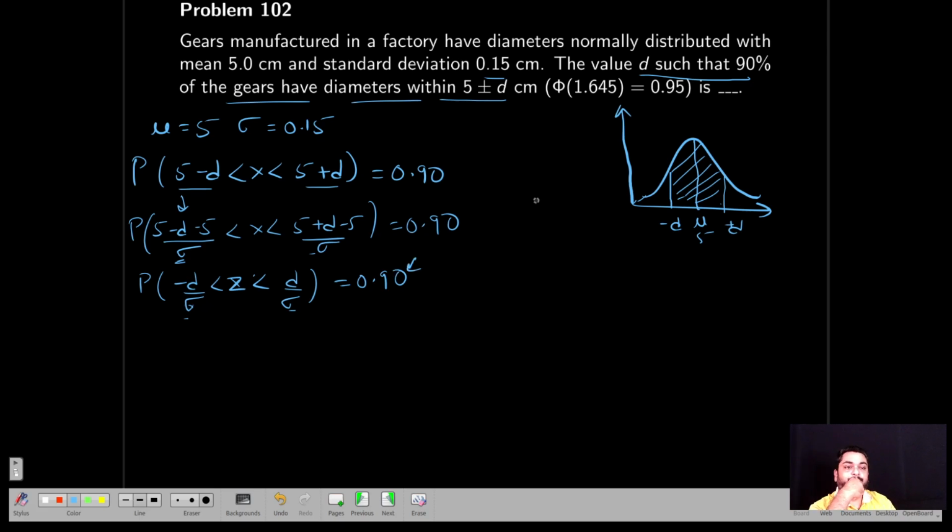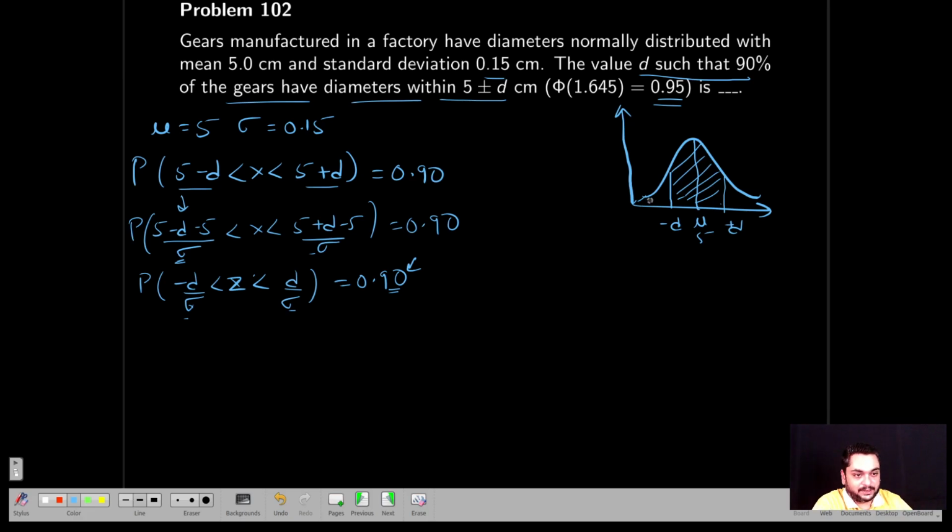Now, if you observe here, 0.90 is there, but the table gives values like 0.95. If it was 0.95 here, I would have directly converted it into 2 times of this, and then I need phi of D by sigma. So how will you do this? If you want to solve this, I need this value to be 0.95. So again, you can apply the symmetric property of the normal distribution here. What it says,